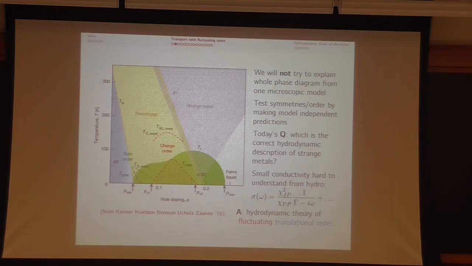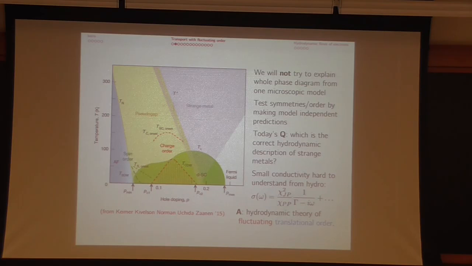And so one of the starting points is precisely these large resistivities, which are also pretty confusing from the point of view of hydrodynamics. Because recall that if we have a clean system, with almost conserved momentum, the DC conductivity goes like 1 over the momentum relaxation rate, which is pretty large. So they should be good conductors.